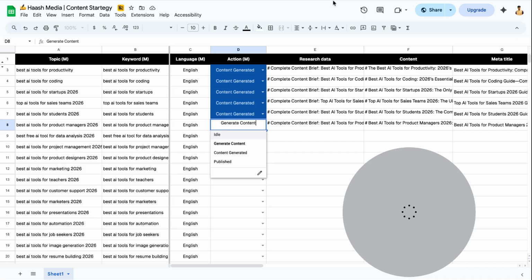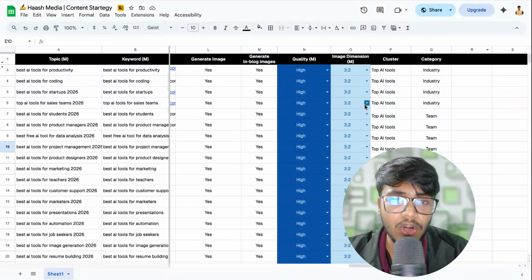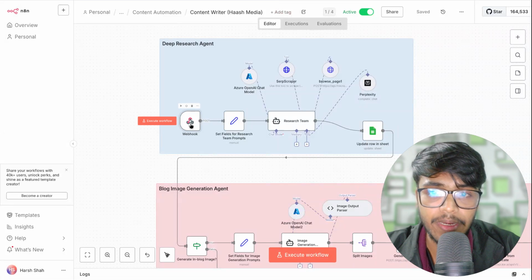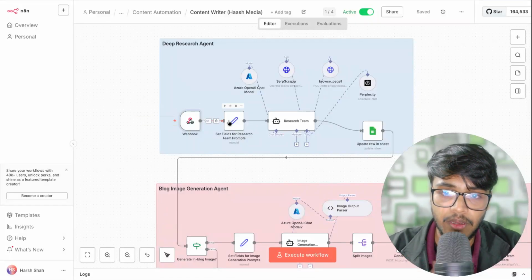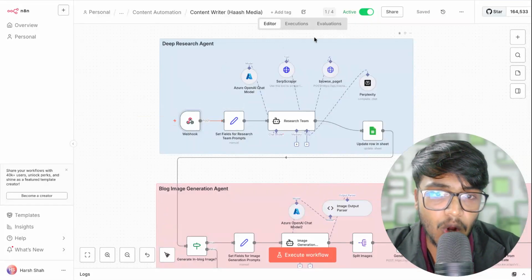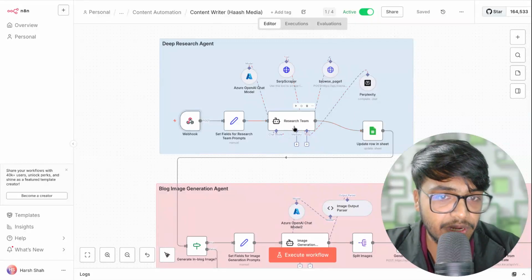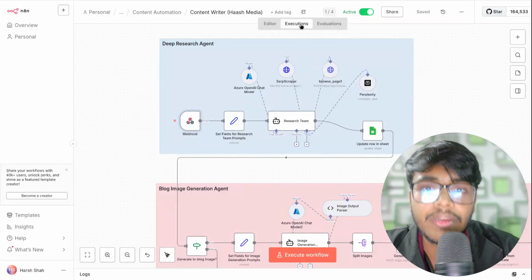And then all of this data, like topic, keyword, language, will go into that webhook, right? And once that webhook is passing the data, it will then pass this data to this entire agent, which will do the research, right? So basically, let me show you some of the executions that we have done so that you can understand it